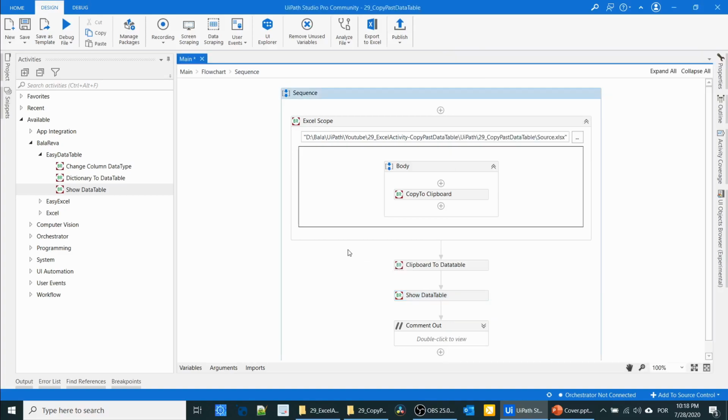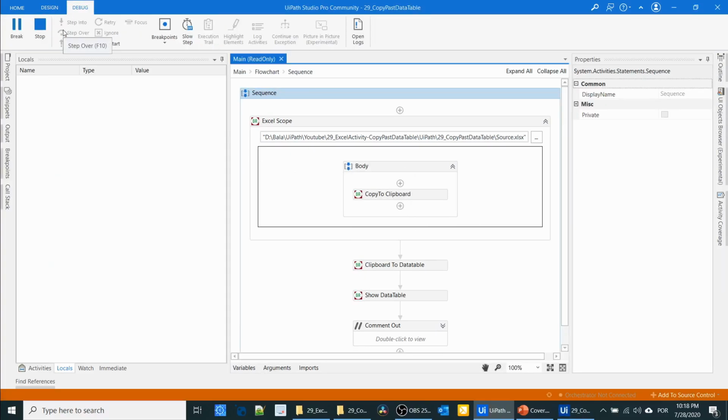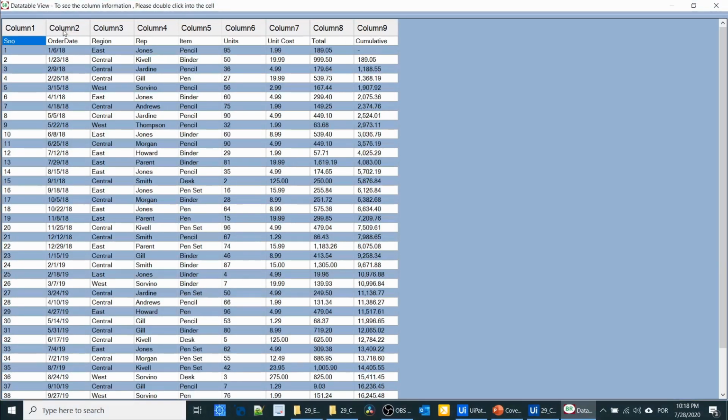Let me execute the process. See, this one automatically will show the table values.